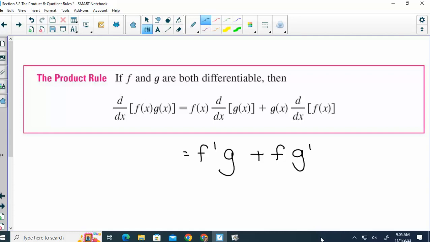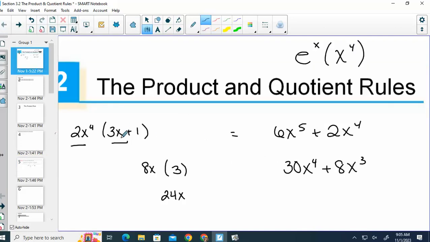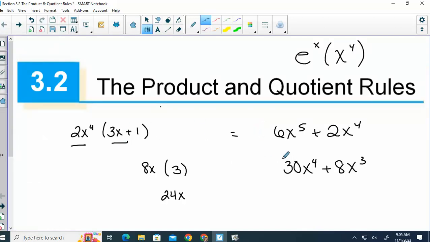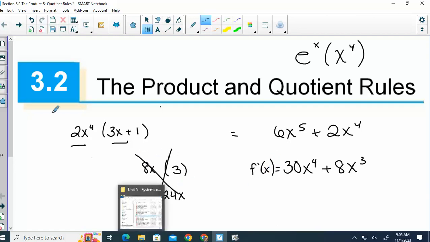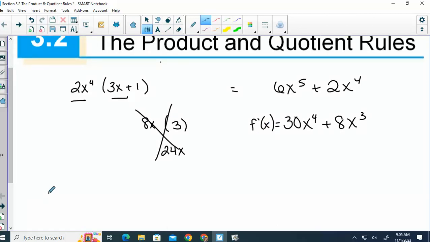And this can be extended to more than two terms. You just essentially do one derivative at a time while leaving all the other pieces the same. And that would give us the correct answer. So, let's go back to my little example that I was doing here and just kind of verify it. So this was our derivative. And we know that this one didn't work, right? If I try to do the product rule,